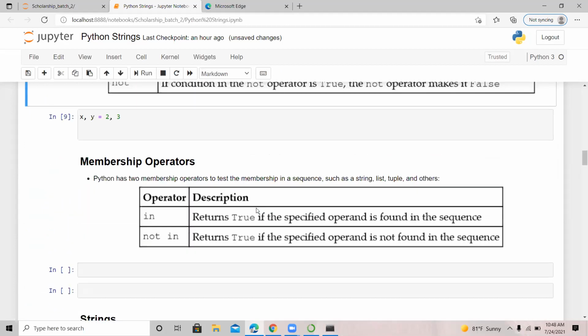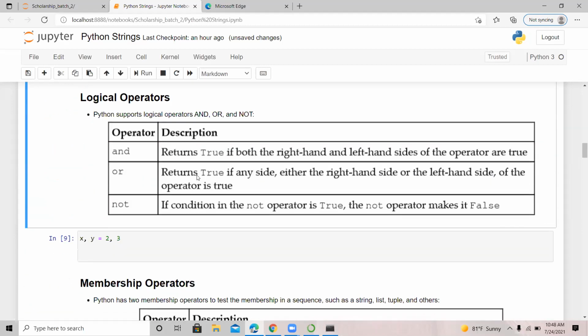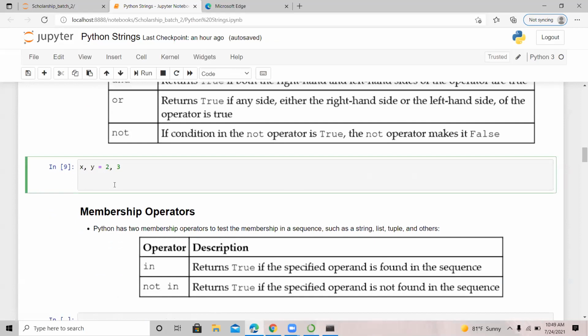Another one before we start focusing on strings, where we're going to stop today, is the logical operators: and, or, not. You can see most of these things are what you might have done in university or you are currently doing, but this is going to be practical here. So, and is true when you have two conditions and both have to be true, like A and B. So x equals 2, y equals 3 in this example. If I do x is greater than 1 and y is greater than 5,